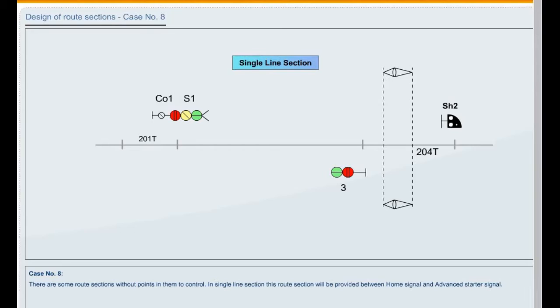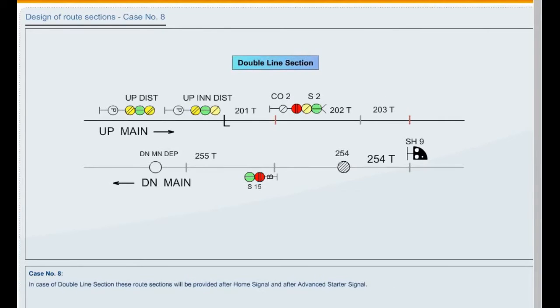Number 8. There are some route sections without points in them to control. In a single line section, this route section will be provided between the home signal and the advanced starter signal. In case of a double line section, these route sections will be provided after the home signal and after the advanced starter signal. These route sections are provided for route holding and will be helpful in simplifying the indication locking proving while releasing